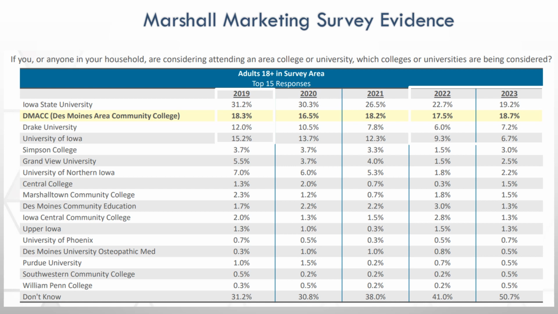Revisiting the declining confidence in higher education, most of the public's distrust is focused on the four-year institutions. With the exception of a few localized areas, community colleges have not felt the same decline in trust from the public. Indeed, our own research shows this to be the case. Each year, DMACC's marketing department partners with Marshall Marketing to conduct a survey of households in central Iowa. As you can see from this slide, DMACC's percent of households who would consider the college has remained steady over 5 years, whereas Iowa State saw a 12-point decline, Iowa saw an 8.5-point decline, and Drake's decline was almost 5 points.